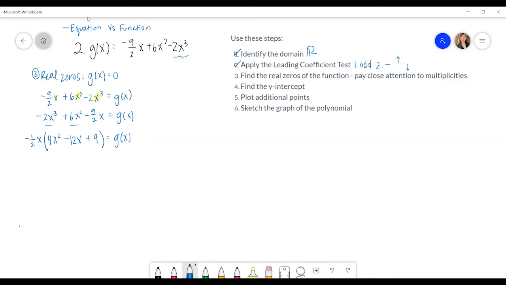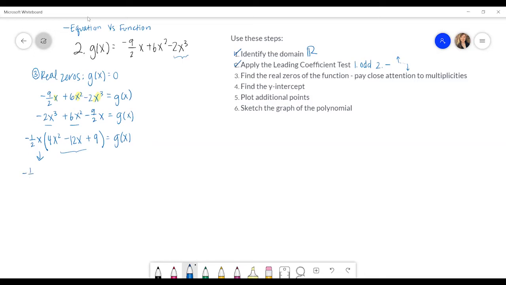Okay, so we have this polynomial. We actually can continue to factor this. This is actually a perfect square trinomial. If you don't see that, that's okay. Use your own factoring techniques. But again, I do want to see your techniques that make sense. I do not want to see Photomath or Chegg or whoever else. So this is going to give us